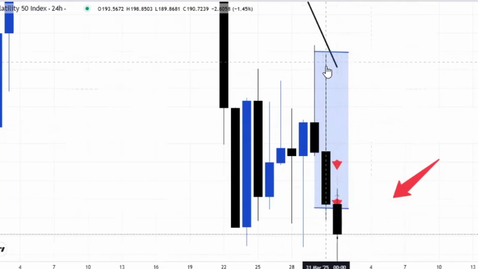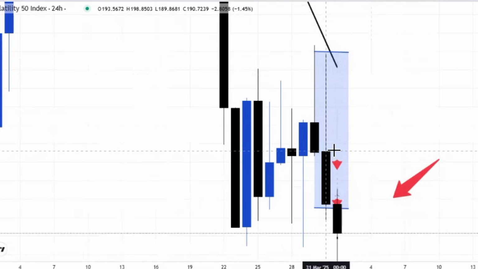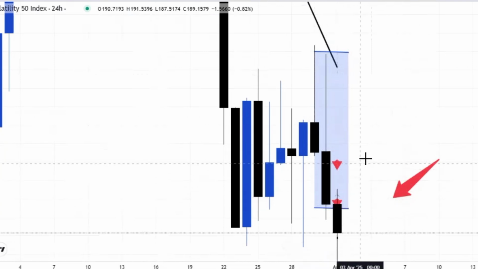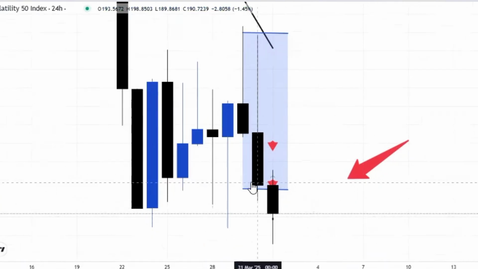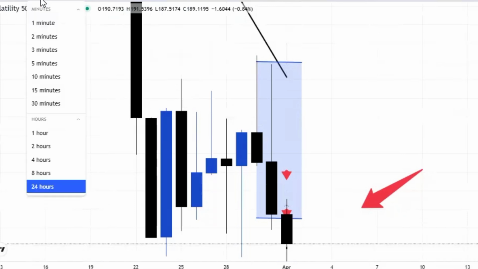Look at this candle. If you notice here, there was a spike, like a long wick. After the market made this long wick, you can see this is where the market opened from. So this is our open price level, and this is the closing price level below. I don't know if you guys can see what I'm saying. This is where the candle for that particular day, day before yesterday, closed. Now let's carry out the same thing we have been doing.